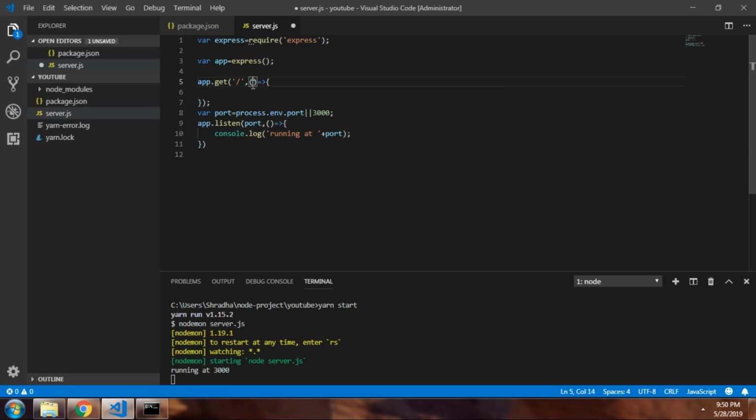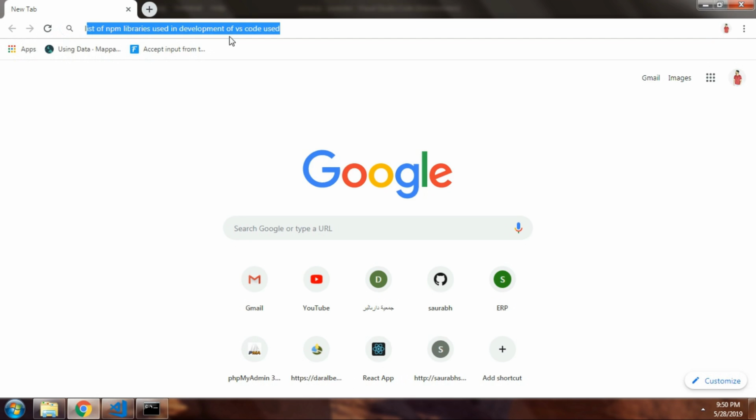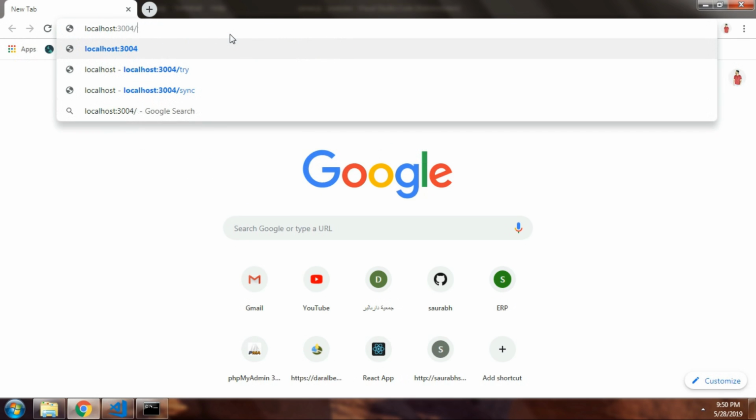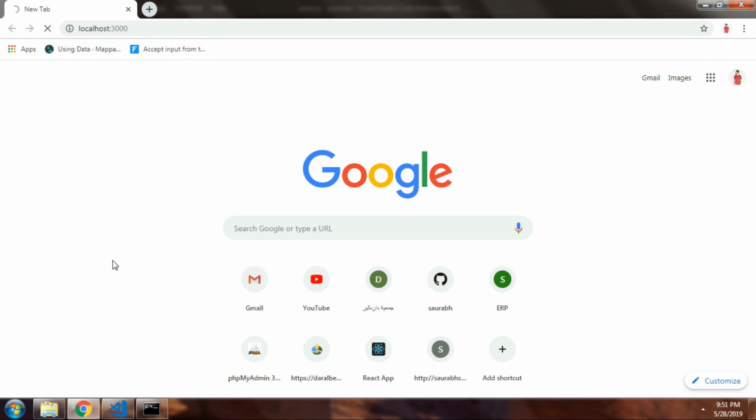Let's make some changes and try to respond with something in the browser window. Simply write response.send and pass any string. In my case I'm passing hello world. Simply save it. If you guys have noticed, I have not rerun this application, but still I get the changes reflected in my browser window. See,